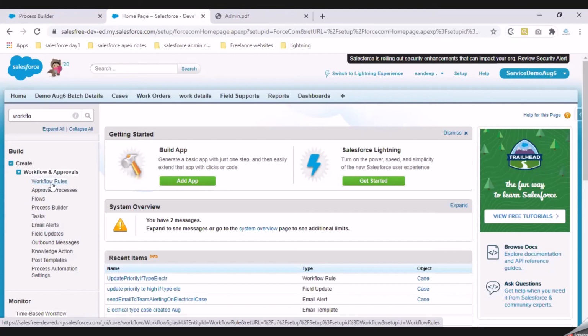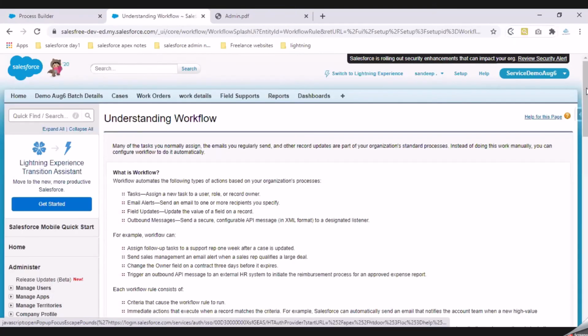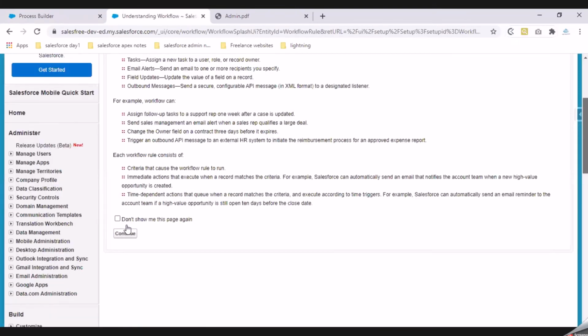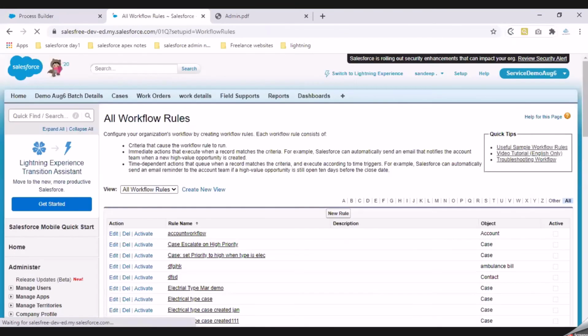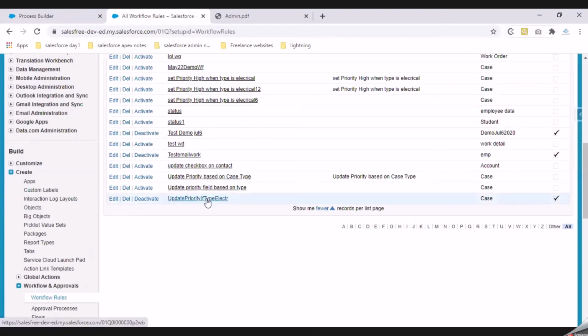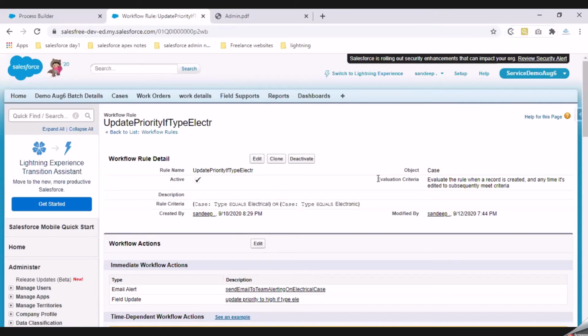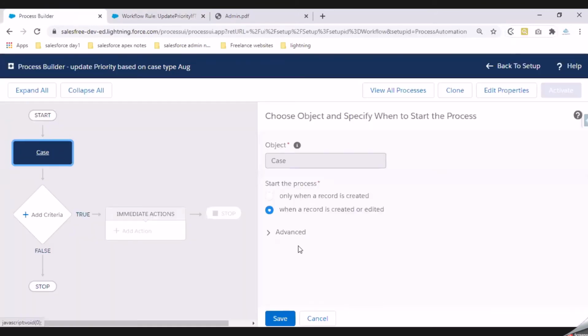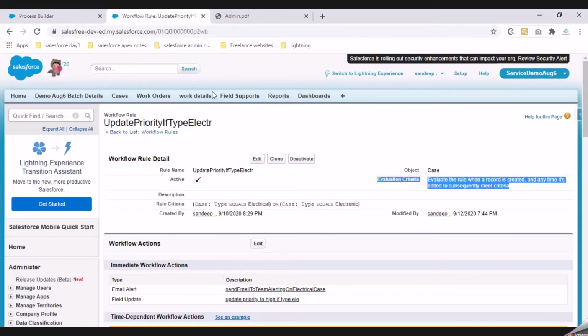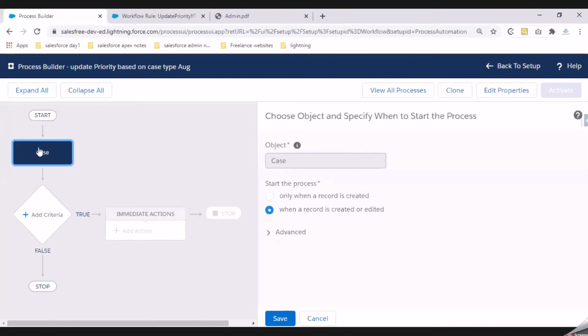All right. So I'm picking up the workflow rule that we have created earlier. I'll click on continue and pull up the workflow rule that we have set up. What we have done is this evaluation criteria, either created or edited, is what we set up in this box. This evaluation criteria has basically gone into this section.